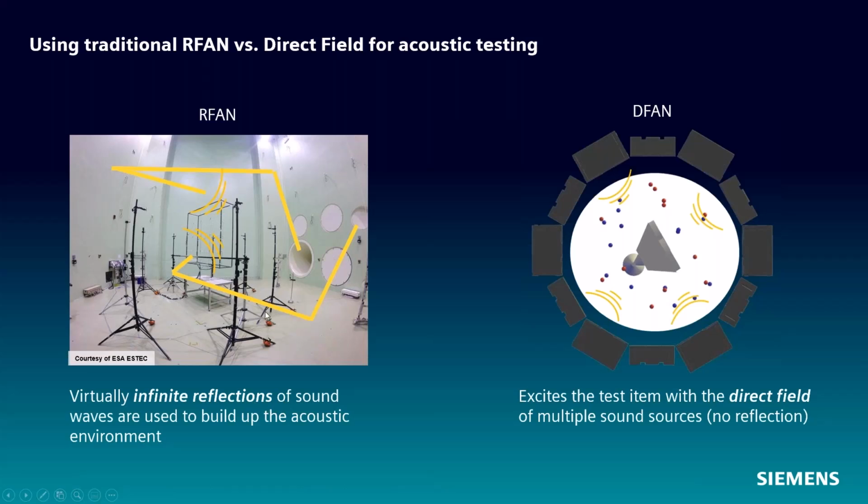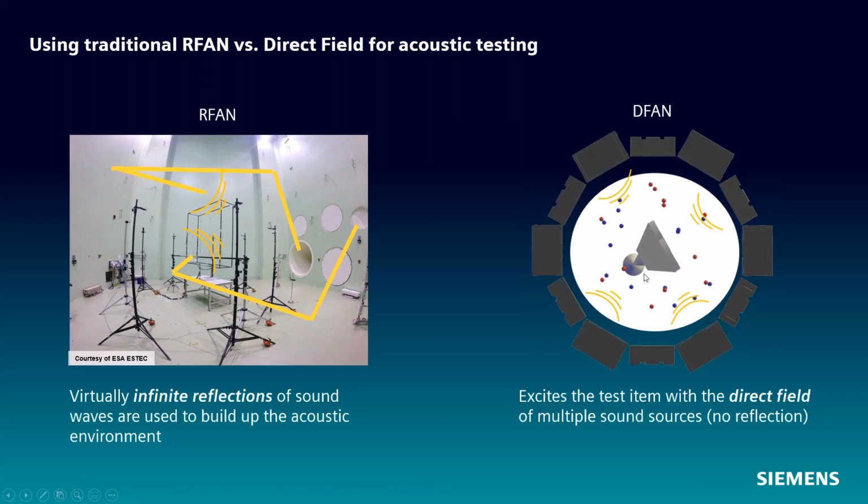And you don't have to think too much about the field in here, because the noise field, the sound field, whatever you want to call it, pressure field inside of here is uniform by the sheer fact of the design of the chamber. The challenge in DFAN testing is we're using the direct field from these speaker stacks, and you have no reflection, so you don't have any help in making this field uniform aside from what your controller can do to change the field inside the test circle.